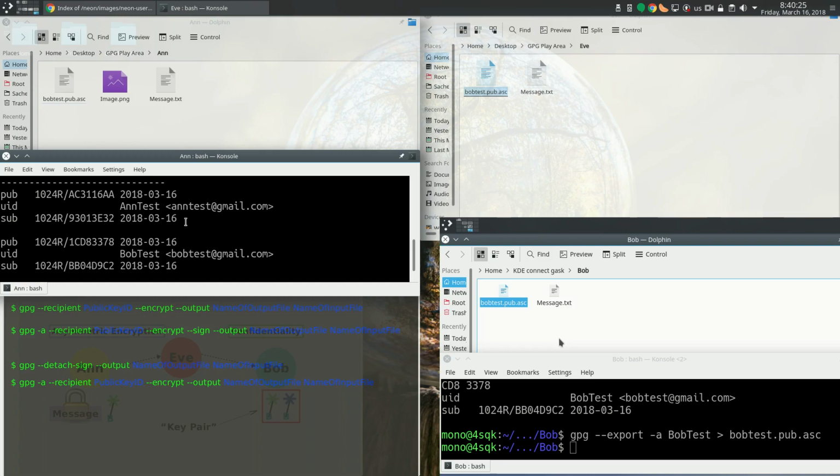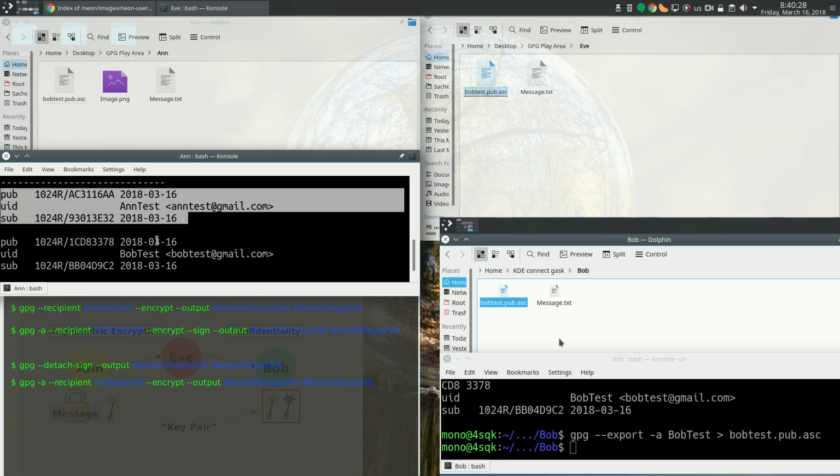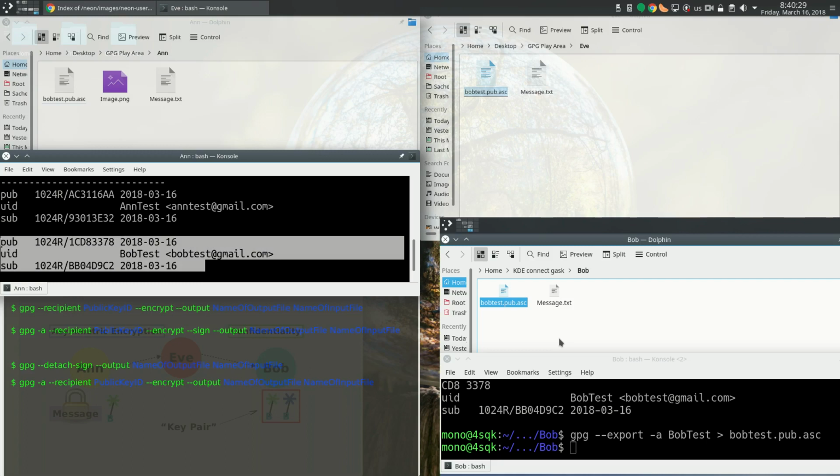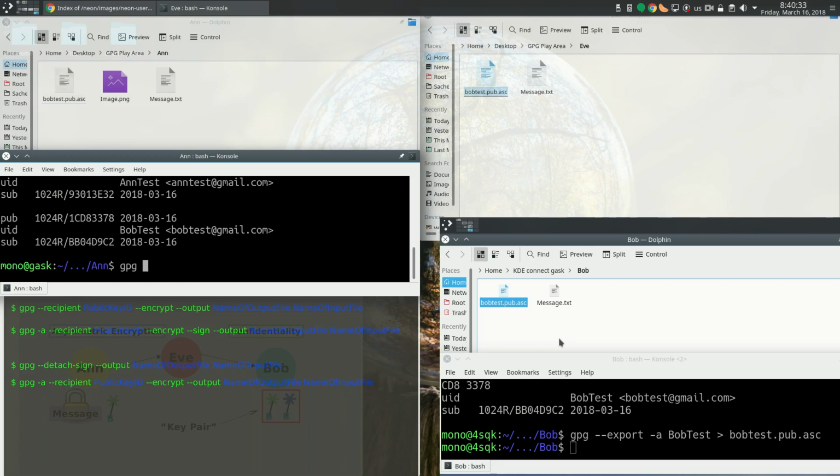Anne has her own public key, and now she has Bob's public key, which she has just imported. So gpg --recipient, and then the ID, it can be this short fingerprint, or his name, or part of his name, or the email. So Bob test, and then encrypt,